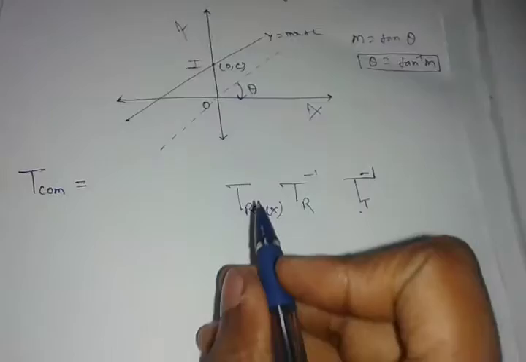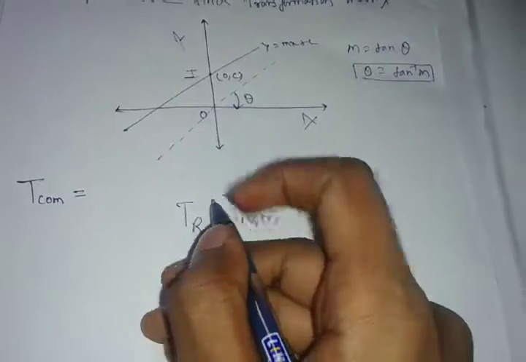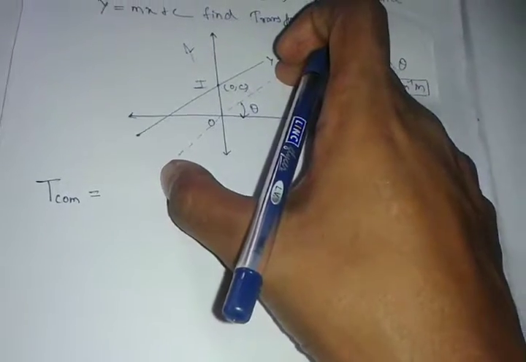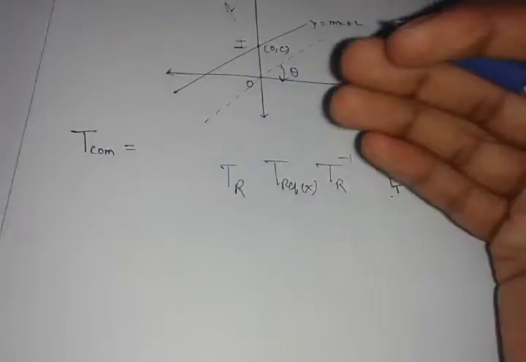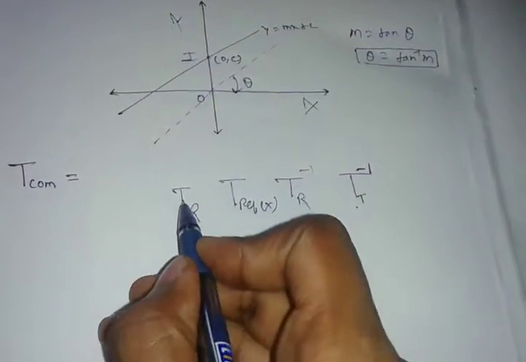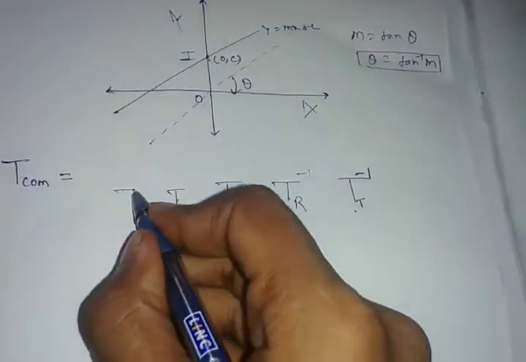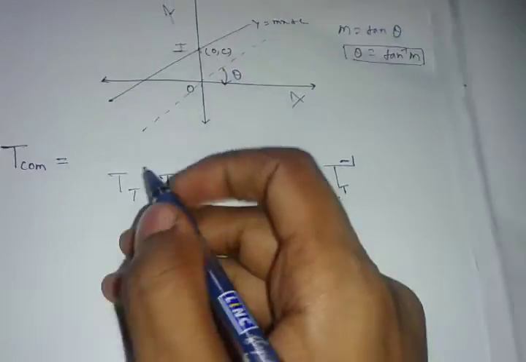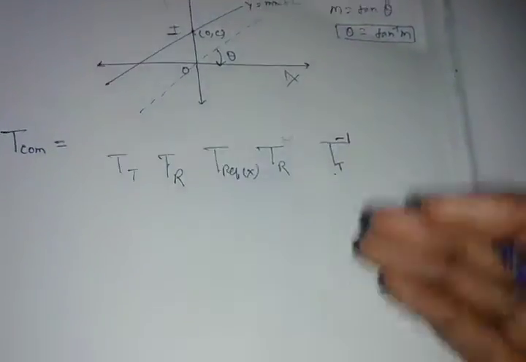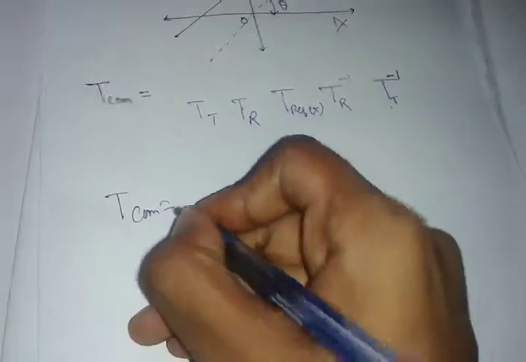So what you do? You again rotate it. Line is now in this condition. You again rotate it in this condition, with theta degree. Now you are going anti-clockwise or counter-clockwise direction, so you don't need to put inverse here. Again, after that, you need to just translate this line to this position. Not inverse, because we are going from 0, we are not coming to 0. So now quickly write me these matrices.